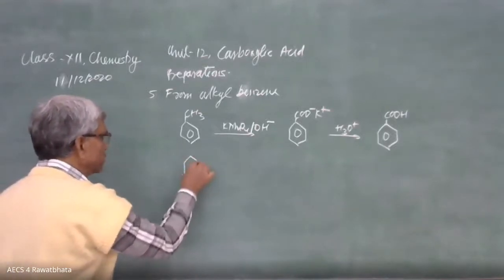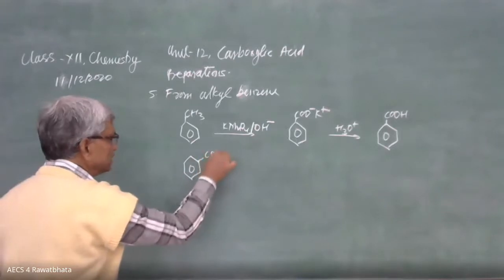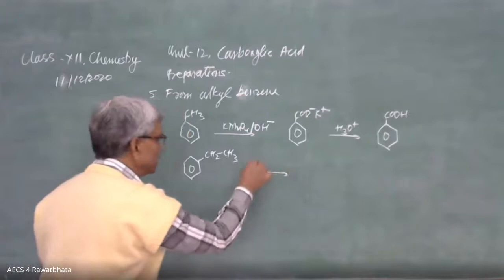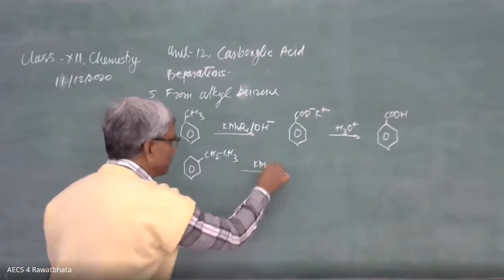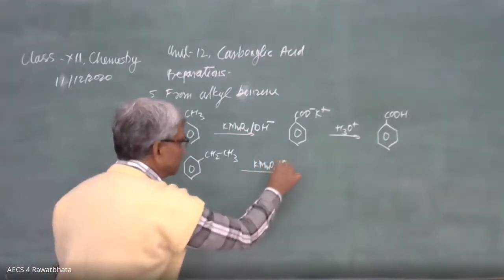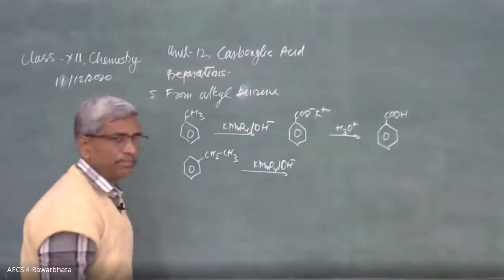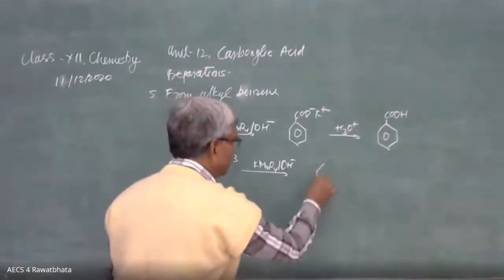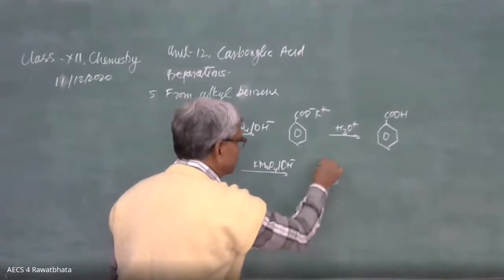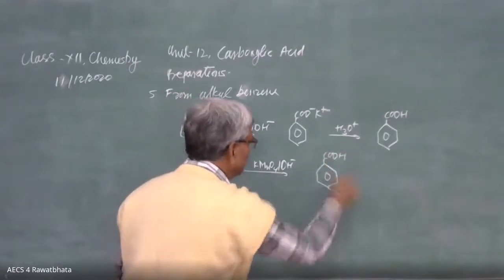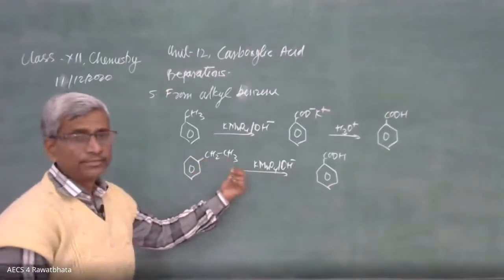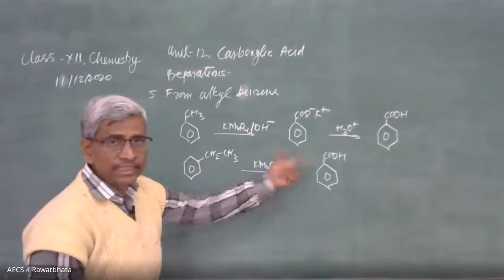If more than 1 carbon here, CH2, CH3, it is going to oxidize under similar condition, KMnO4, basic medium, OH minus, also called sometimes Bayer's reagent. It is going to oxidize, we can write the final compound, we get benzoic acid, COOH. So whatever carbon is available in this chain, maybe more than 1, we are getting only the benzoic acid.